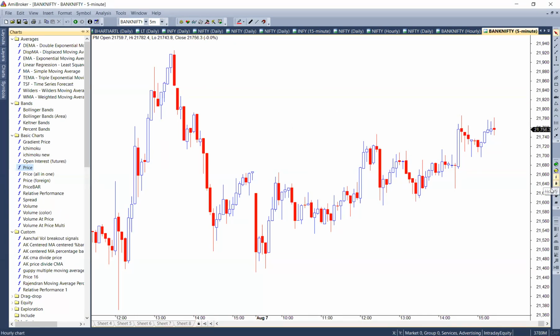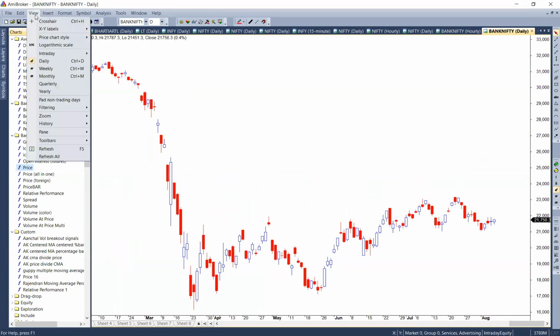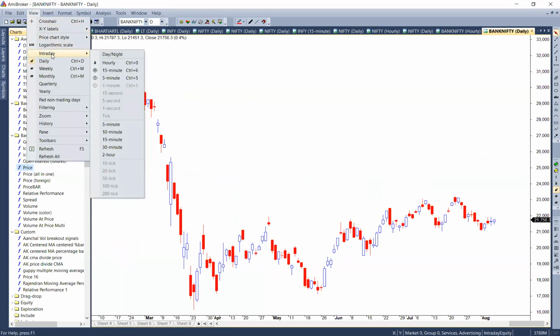Now what you have to do is, if you click on D on the right hand side, you can see D, which mentions daily view. The other simple way of doing it is you can simply go to view, go to the intraday chart, and you can see hourly, 15 minutes, 5 minutes, 30 minutes, 2 hours.